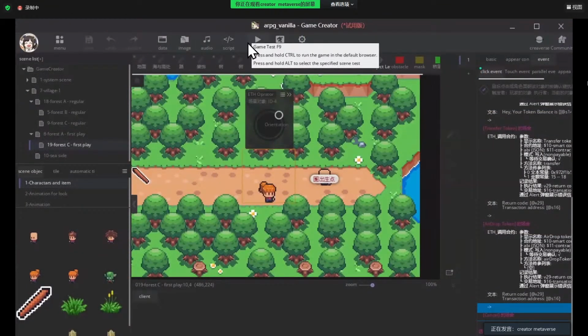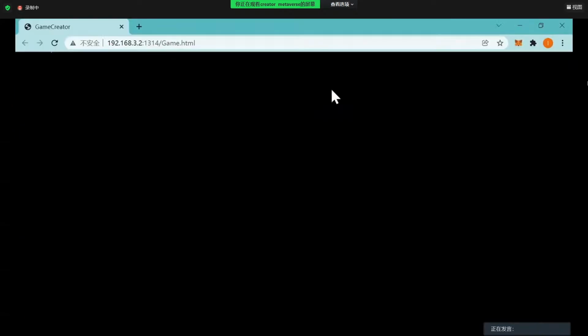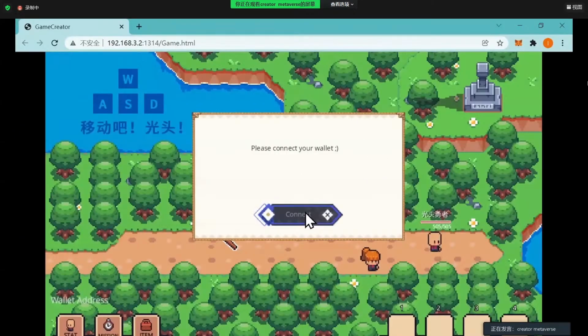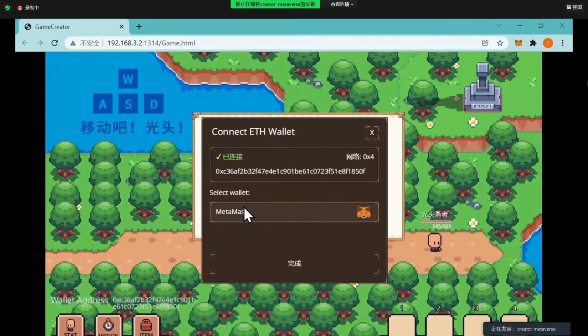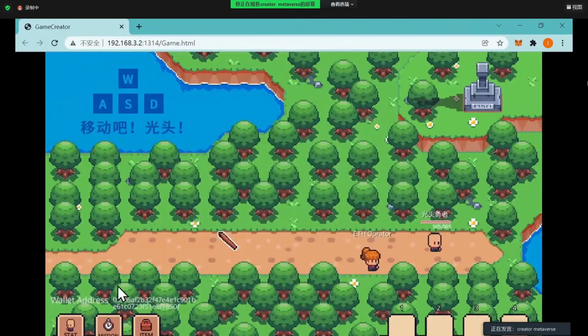Let's click here, test. And connect it to my wallet. Yes, connected. Oops, the visibility for the white is not very great here. So later we're going to change this to the red one, which increases the visibility.